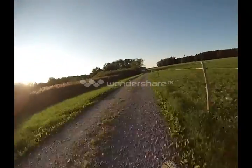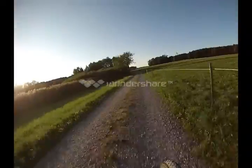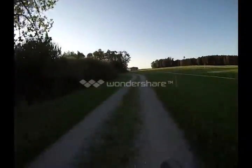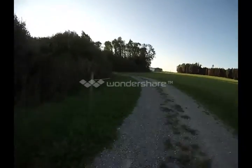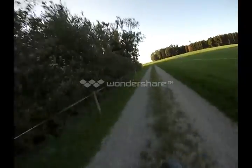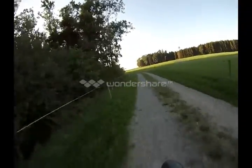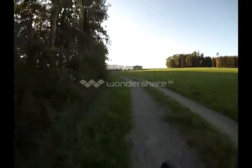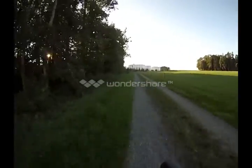It's not too technical other than the gravel under your tires, so taking the inside line on each bend just to avoid any slippage. And there's some nice wooded sections